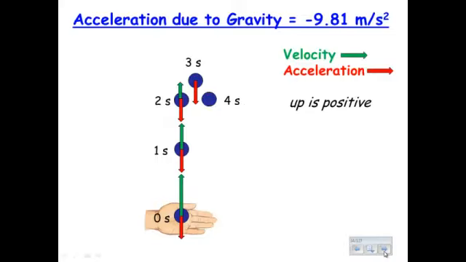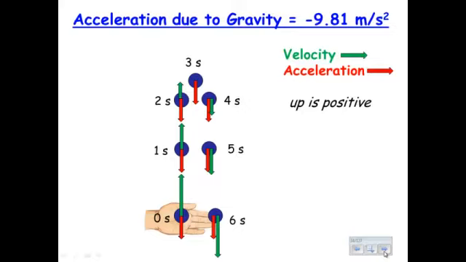As that ball continues its path, it begins to fall back down to where it started. Notice now that my velocity and acceleration vectors are pointing in the same direction. Both are pointing downward. Since the velocity vector is pointing downward, that means my object is traveling downward. It's moving down. Also, since they're pointing in the same direction, that means that it's going to be speeding up. After 5 seconds, they're still pointing in the same direction, but my velocity vector is getting a little larger until it finally lands back where it started